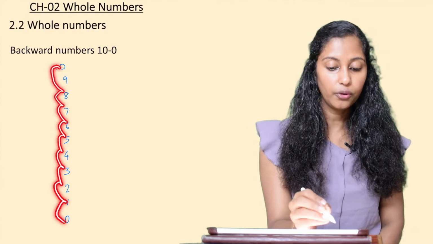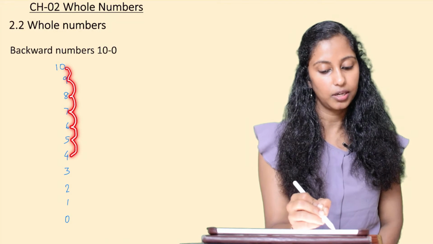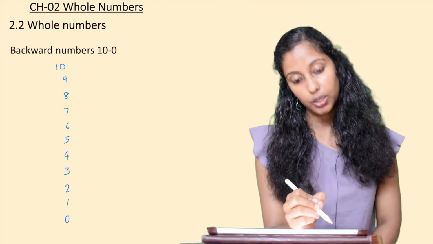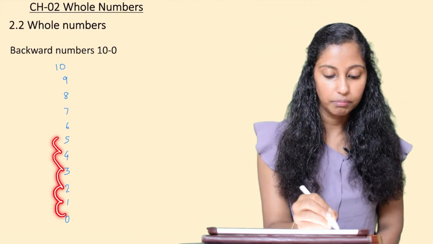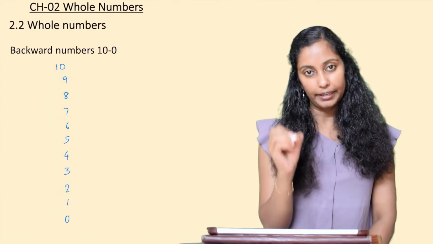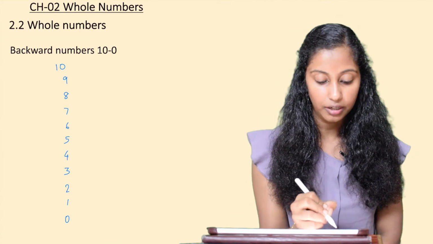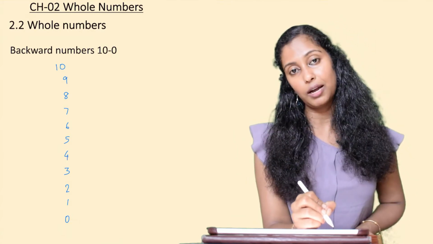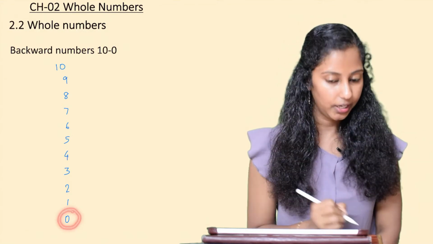So when we are going down, we have all predecessors, the numbers which come before, or the numbers we get by subtracting 1. When we go up, we get all the after numbers, or the successors, which we get by adding 1 to the number. And here we have written till 0. Whenever we count, we start counting from 1, 2, 3 and so on. But this 0 is extra.